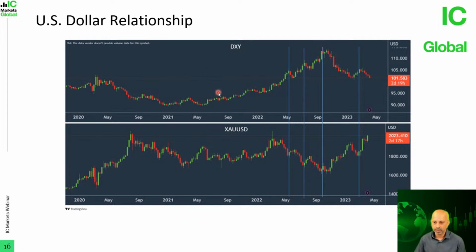So I think it's quite clear that the value of the dollar and gold prices have a strong negative correlation, and it's something that we should take note of when we are trading, right? So when we see the dollar is in a strong bullish trend or a strong bearish trend, that means it's quite likely we're going to see gold prices falling when the dollar is high, and of course we are likely to see gold prices picking up when the dollar is weak.